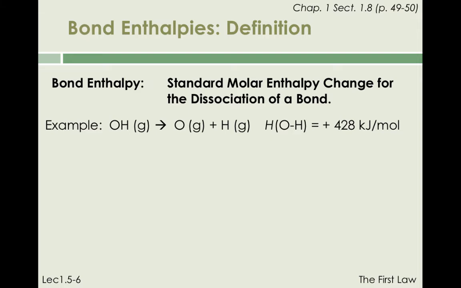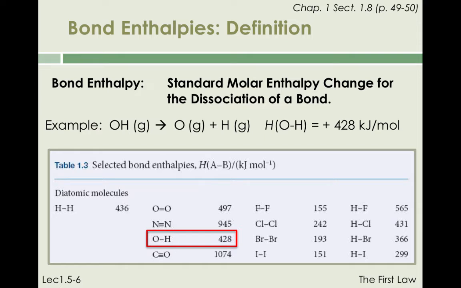While there are many other notations used in the literature to represent bond enthalpies, everybody understands that a bond enthalpy refers to the standard molar enthalpy change associated with the process of bond dissociation. This is why bond enthalpies are positive. As is shown in the table below, bond enthalpies are only unambiguously defined for diatomic molecules, since these quantities can be readily measured experimentally. Bond dissociation is an endothermic process for stable diatomic molecules. Heat needs to be transferred to these molecules in a gas phase to break their chemical bonds.